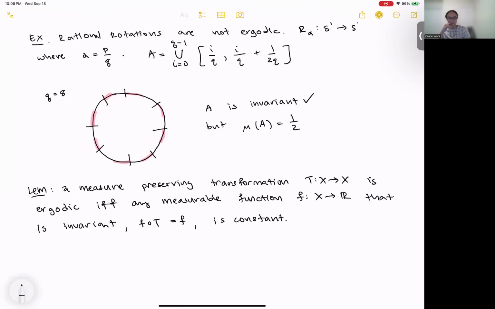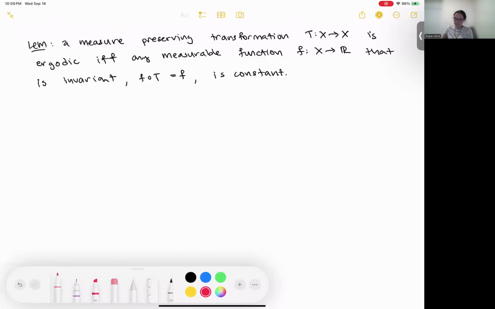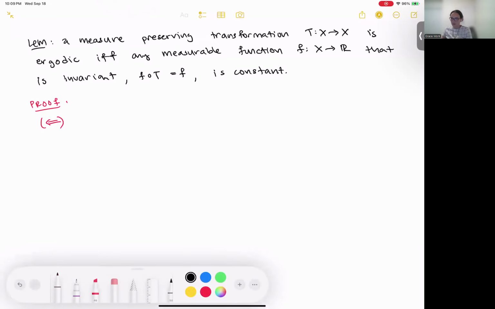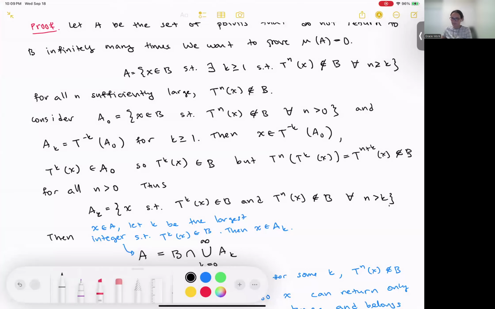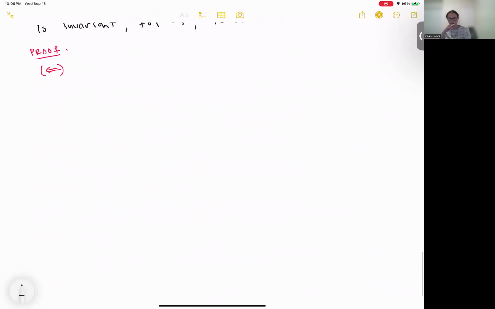So this is another characterization. And let's look at the proof of why this would be true. So let's start the proof. Let's look at this direction first. So if we're looking at that direction first,